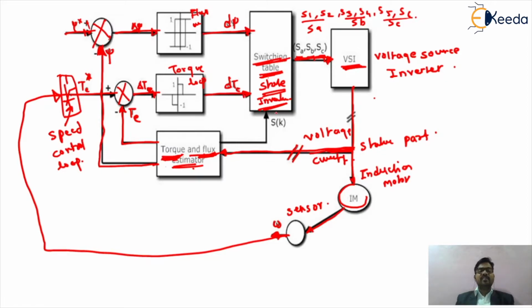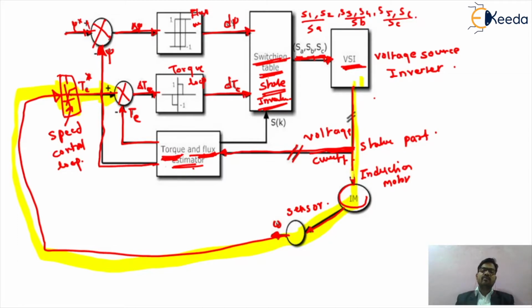I think everyone has got a clear idea. So for the sake of understanding, again I can tell you in a simple way. So in direct torque control, we are directly controlling the value of your torque. Means by means of the induction motor speed control loop, now we are giving the input to your speed control loop. So from the speed control loop, we are giving the input to your torque control loop.